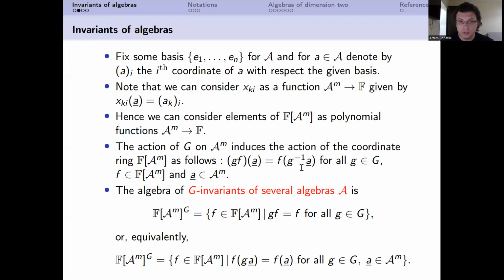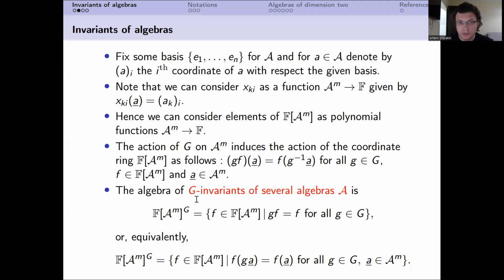If, for example, we considered quite a different situation with a finite field, we could not use this definition. For a finite field, we have to change this definition, namely, instead of f we consider just these letters x_{ki} and then simply expand this formula. But in the case of an infinite field, everything is very simple. We just use this formula and we don't have to do anything else. Because we have this explicit formula, now we can define what the algebra of invariants is.